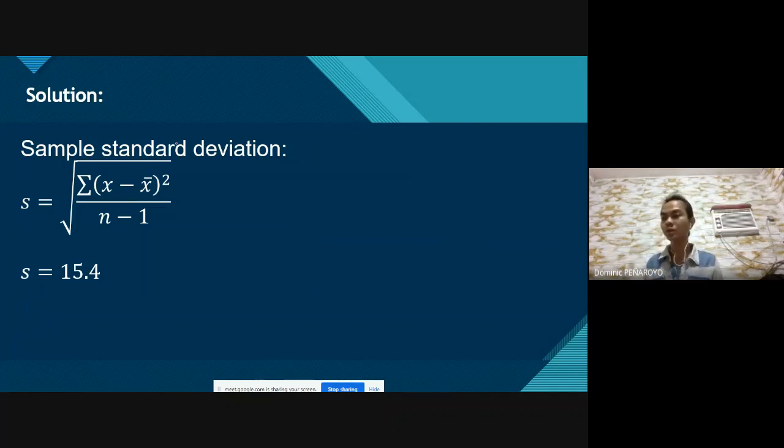Kasi yung process nito, we know for a fact that it is just the square root of the variance. So this is our formula for the variance. That would be the summation of x minus x bar squared over n minus 1. So ano ba yung x na sinasabi natin dito? Ito yung data natin. So we have here 95 minus x with a bar on top, so that is our sample mean. Na-compute natin kanina, that's 92.7 squared plus,